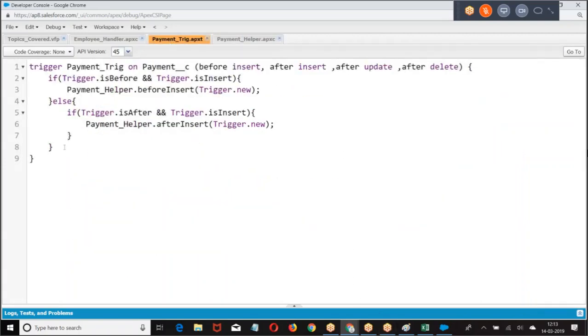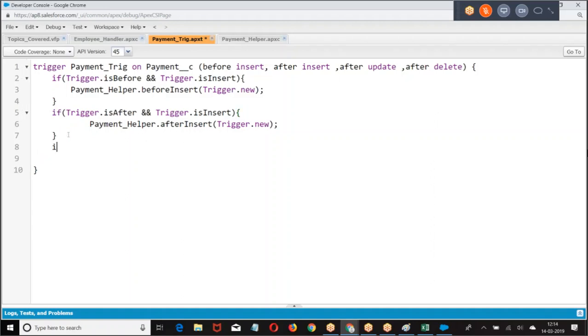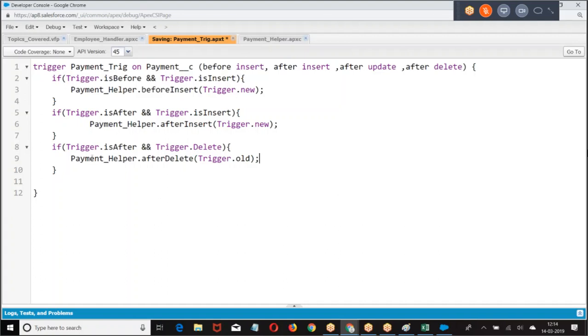So how do you write the trigger? Even this, let me make it simple for you. After delete, if Trigger.isAfter and delete, you will pass Trigger.old, because it's a delete trigger.